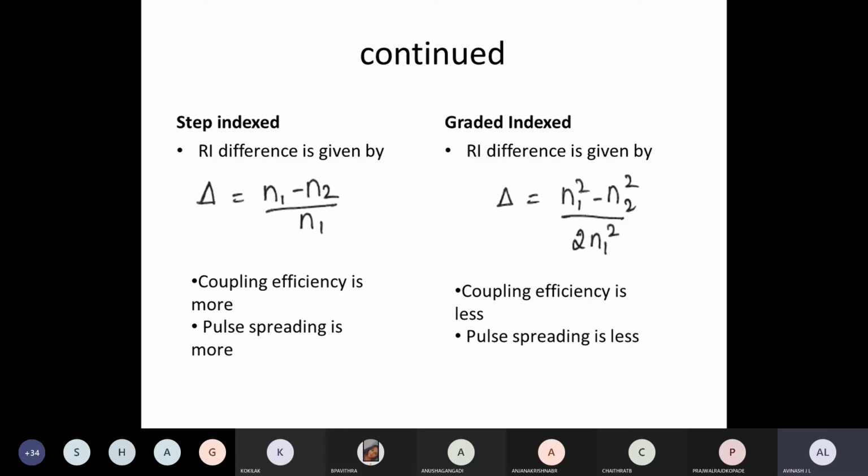So when you're choosing between step index and graded index optical fiber, we must always think about which is suitable and required for our application. Based on that, we need to choose and use that particular kind of fiber. So I hope that you people have taken this down. If you have not taken it, I'll give you 1 minute of time. Please make a note of it.